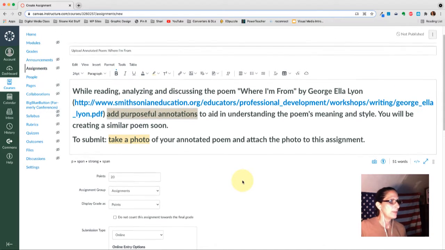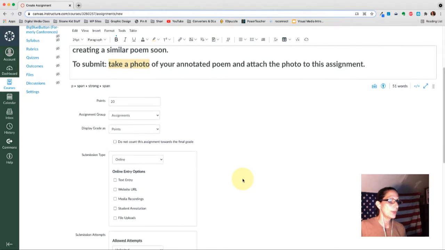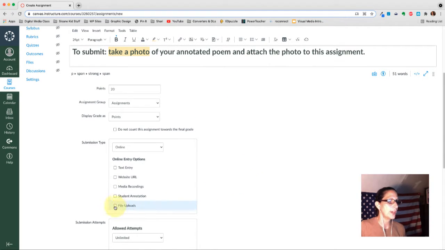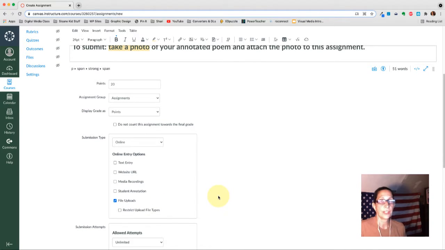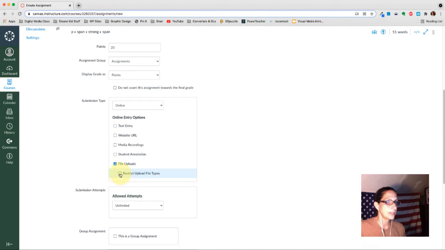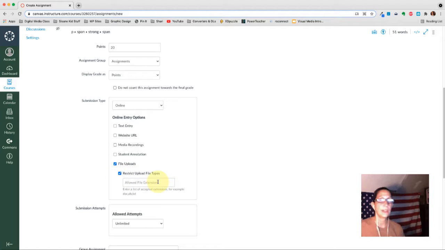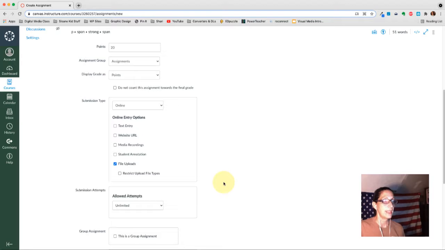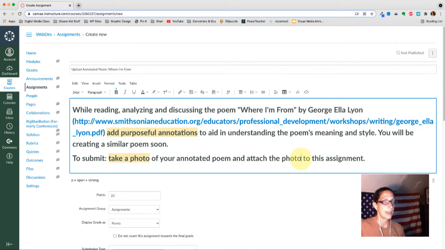Okay, so for this assignment, they're going to be giving me a file upload. So that's how they're turning it in. So it's not going to be anything else but a file upload. Now, I can restrict what kind of file types. For example, when my students draw logos, they can only give me a PNG. When they're doing a poster, they can only give me a JPEG, or whatever I decide. So I am not going to restrict file types for this. And I also want to tell them